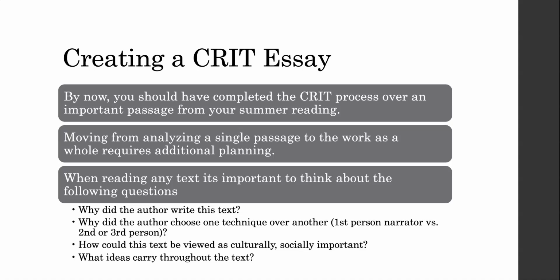Why would an author choose for the I or the self to be narrating in first person versus the second or third? You'll see in a second that I'm going to talk about Of Mice and Men, and in Of Mice and Men, Steinbeck uses a third-person omniscient, meaning that the narrator has access to all the characters' thoughts and can basically jump in and out of different parts of the world as it pleases. If you think about it like God, a God character would understand everything about a given context.